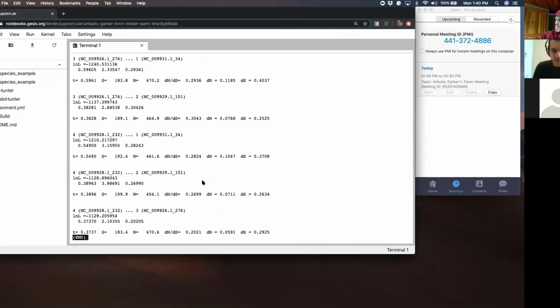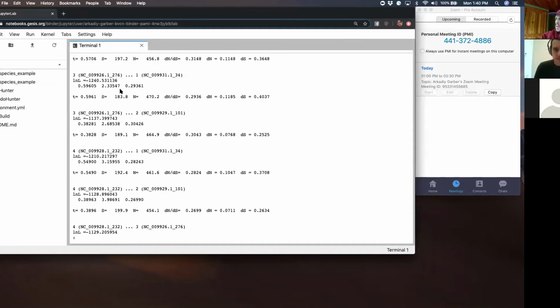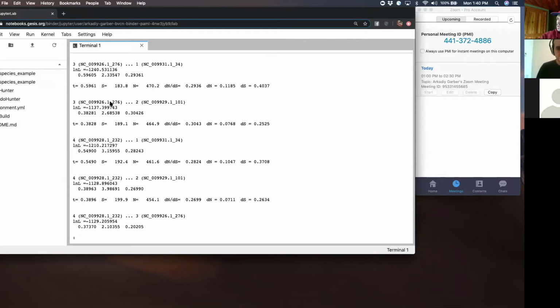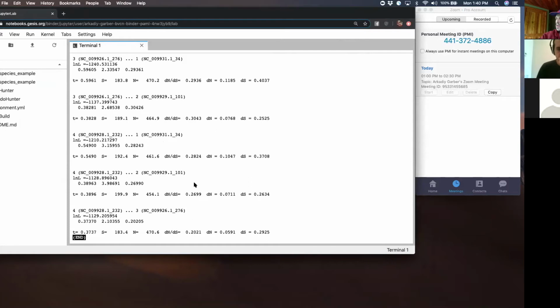Yeah, so you see DS is hovering about 0.25 for all of them. There is one comparison where these 2 sequences seem to be most divergent. These 2 sequences, 276 and 101, seem to be most related to each other. Then DNDS is fairly low for all of them. Actually, it's pretty high for 2 of the genes. Relatively high. 0.3 is,